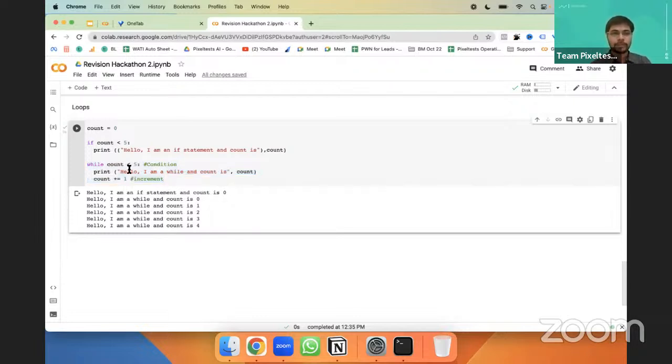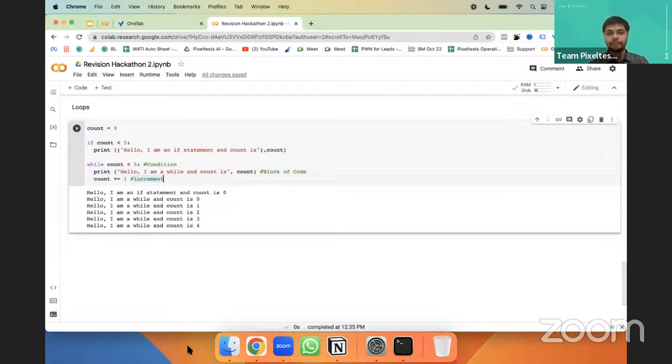In while loops, this is the condition, and in the condition you can run a block of code. Here we have run just the print, but here is where your code comes, and this keeps running until the loop condition is true, and you have an increment every time. Once the condition is false, the logic will run out of that particular loop. Then the loop will end, right? So this is a while loop.